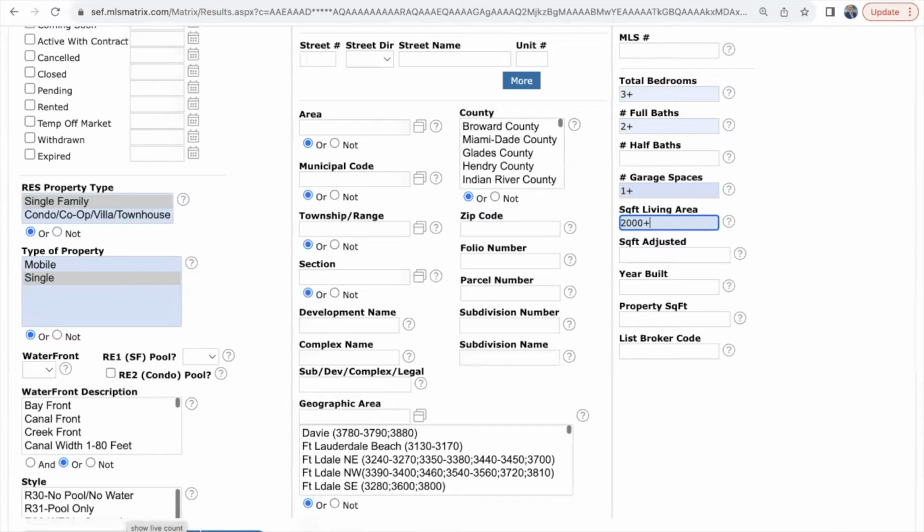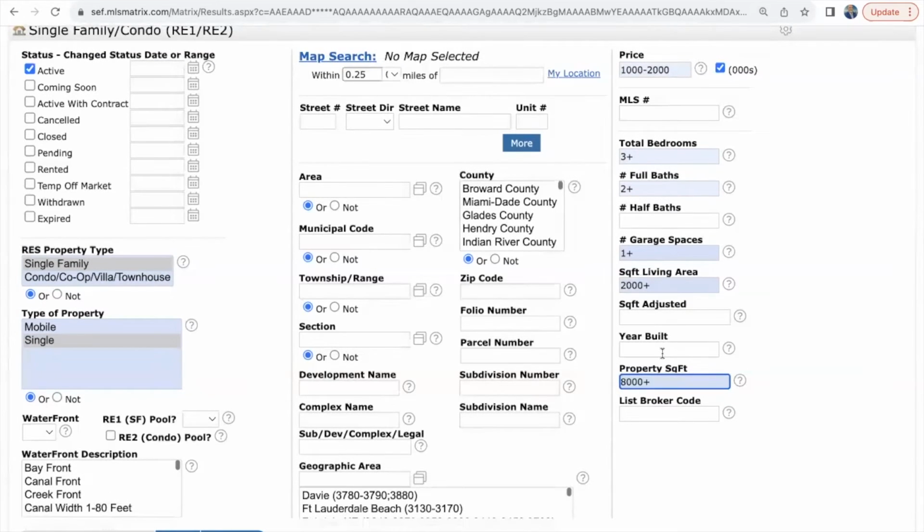All right, so next we have property square footage. If your client says, hey, Rob, I'm looking for at least 8,000 square feet in property lot size, you go to property square feet and you place 8,000 and then you do plus, and that's going to equal 0 results, of course, right? And what seems to be the issue here? Probably the price, right? So if I remove the price, we're up to 88 matches. All right, so let's see if there's anything under $3 million with that criteria. So let's go 3 million minus, and there's actually 3.